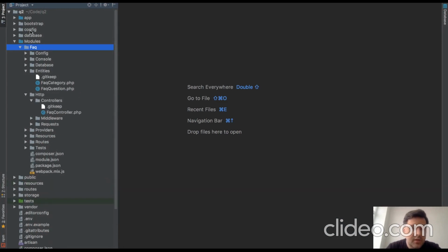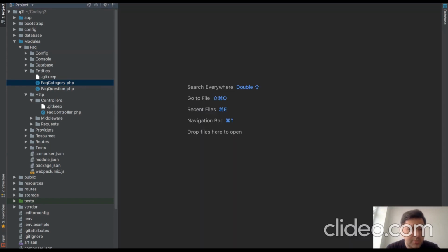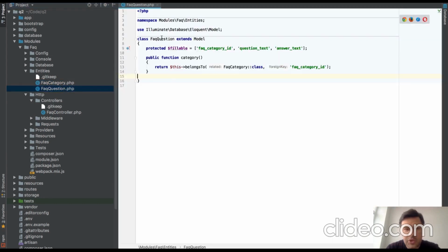For some reason, Nicholas, the author, called it Entities, so it's not Models and it's not inside of the app folder, it's Entities. But inside of it, it's a general Laravel Eloquent model, so nothing really new here, it's really familiar. So I've created a model category with questions with relationships, and then FAQQuestion model with, again, a relationship back